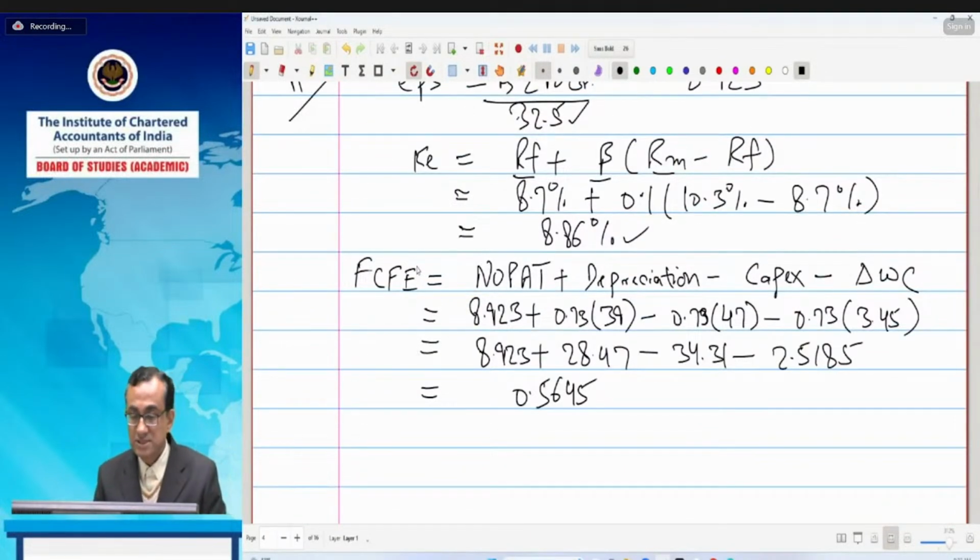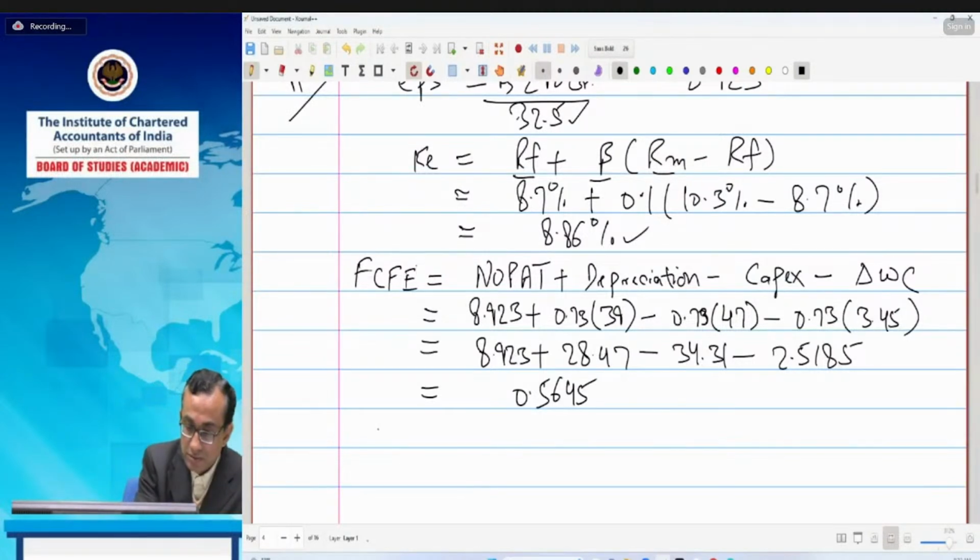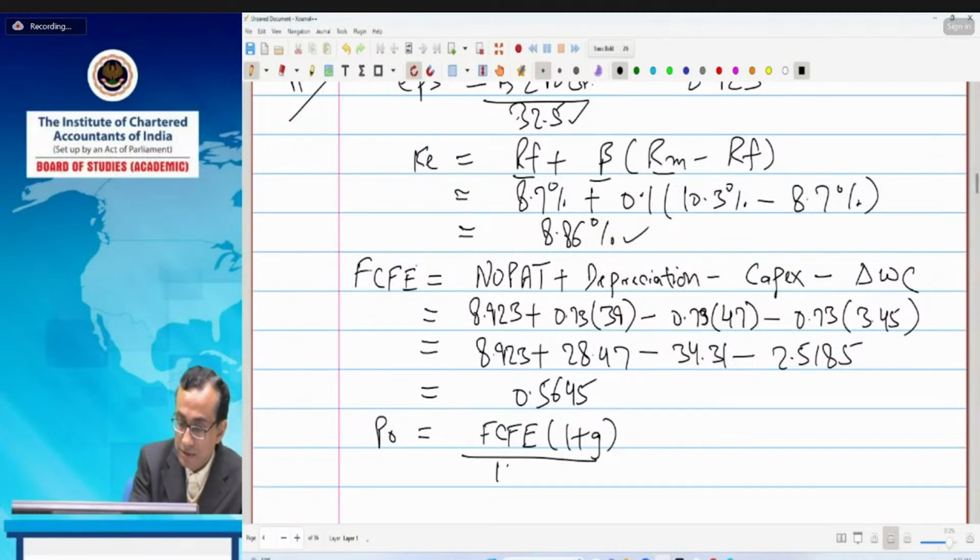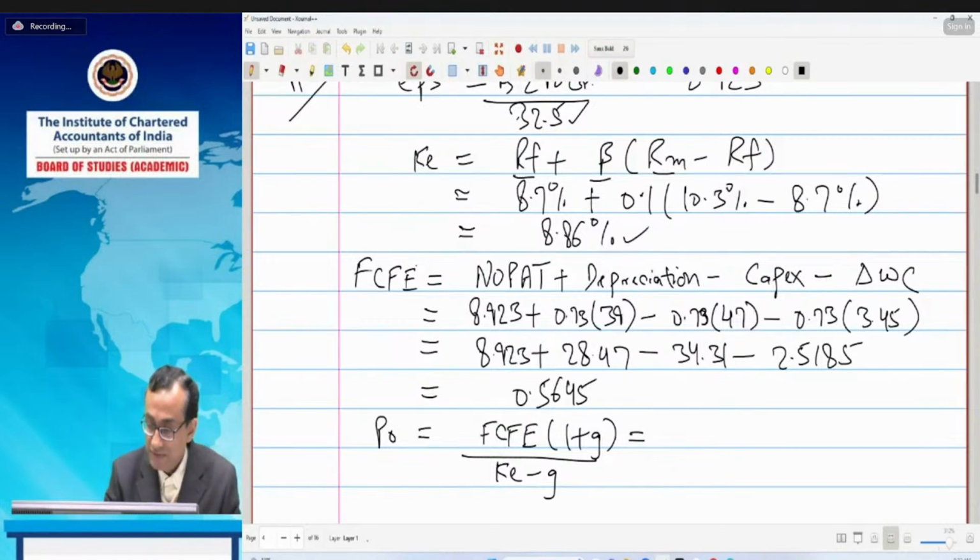So from this FCFE, we will calculate the present value, P0. So P0 will be this FCFE, that is free cash flow to equity, multiplied by 1 plus growth rate upon KE minus G. So FCFE we have calculated, 0.5645